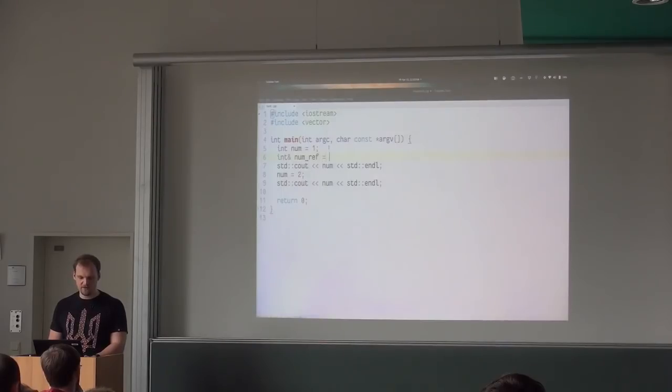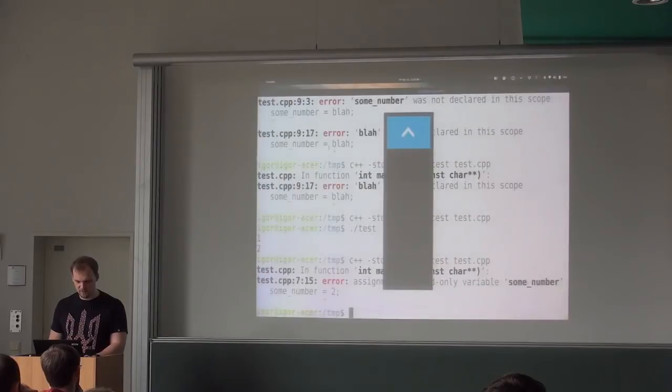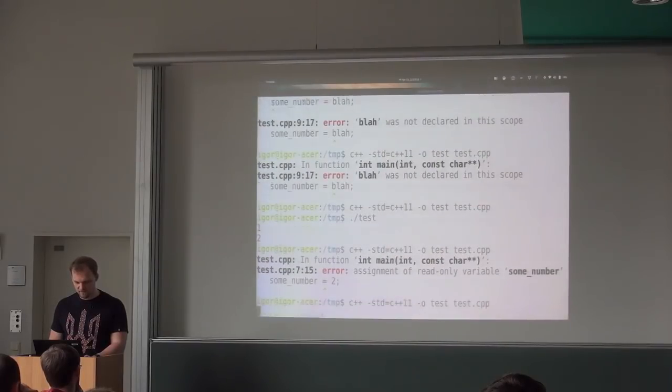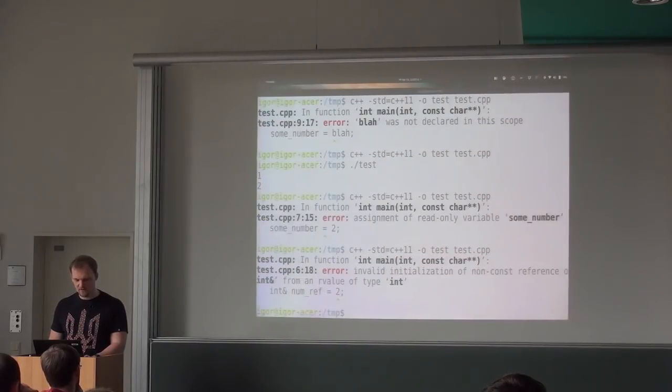So also I think I cannot set it to just a number, it will complain. Yeah, so this is again, the error will not be the most readable at first. You will get used to it and then you will know exactly what happens.